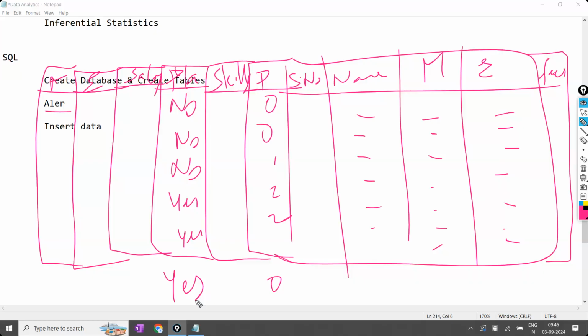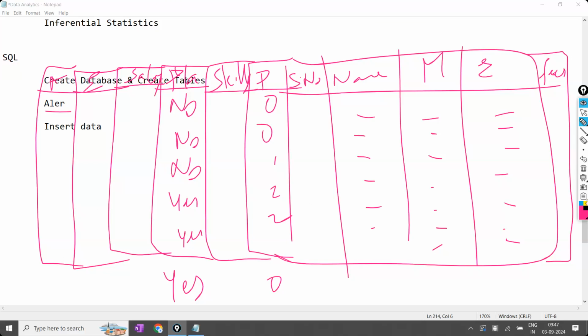In every case, every time 1 or 2 students will be exceptional. One student will get even a 1 crore package also. Can we say for every student a 1 crore package will be there? No, no. Exceptionals will be there. Everywhere exceptionals will be there. We should not consider the exceptionals. We have to consider most of the data, that is 80 to 90% of the data. Is the point clear?